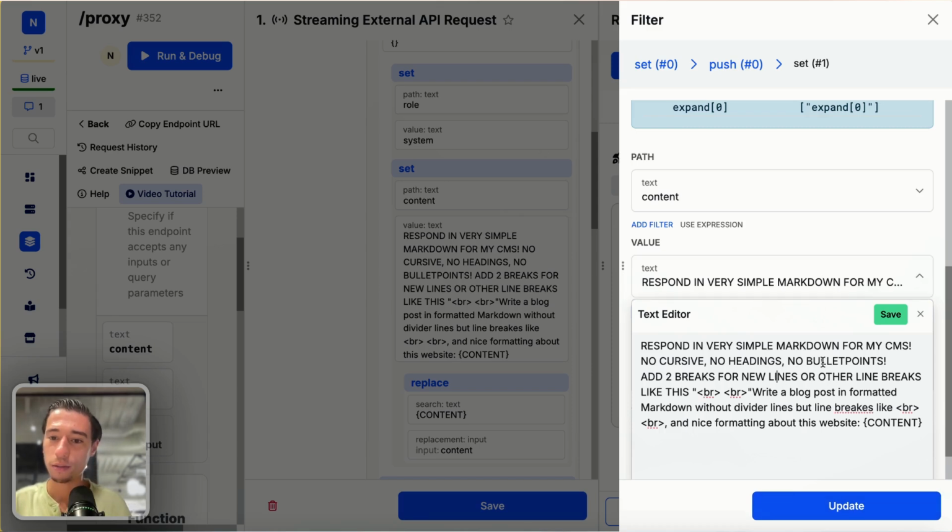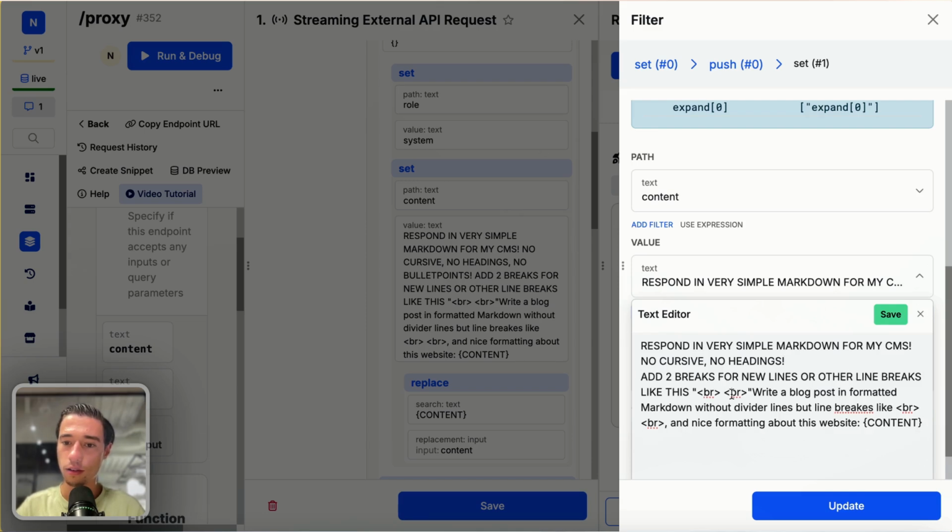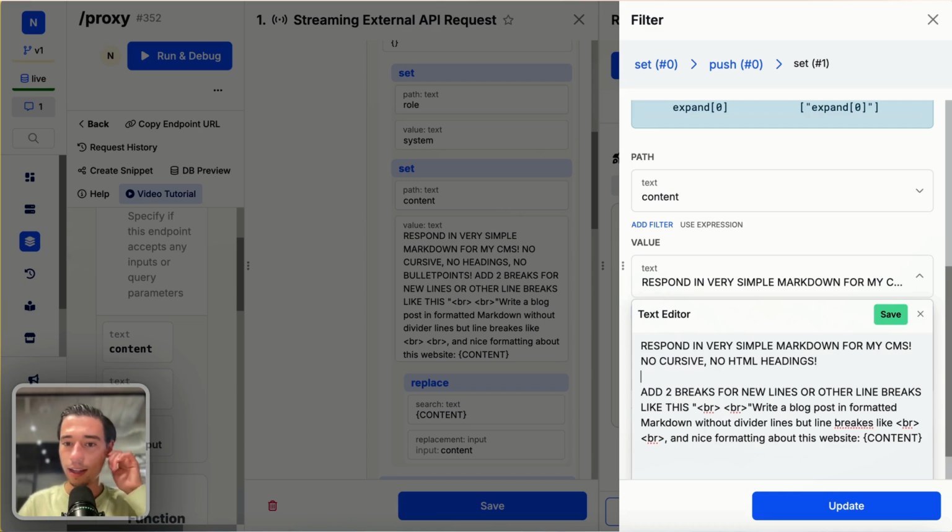Respond in very simple markdown for my CMS. No cursive, no headings, no bullet points. Or we can actually add bullet points. I think they support that. No cursive, no headings, no HTML headings, right? HTML headings. Let's say add 2 line breaks for new